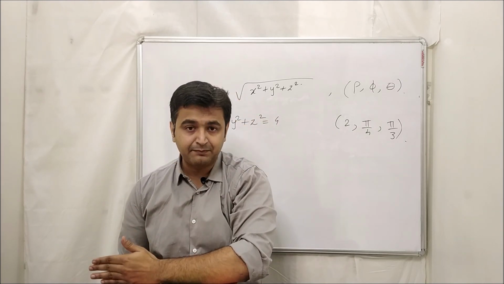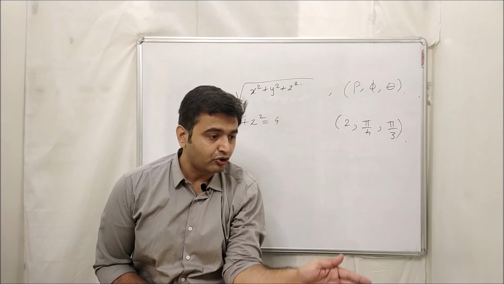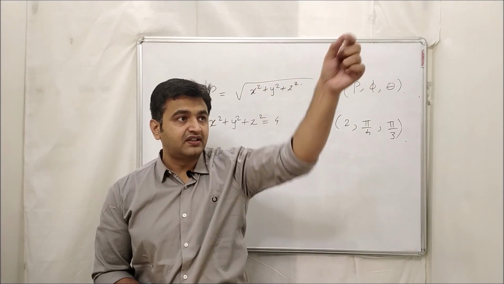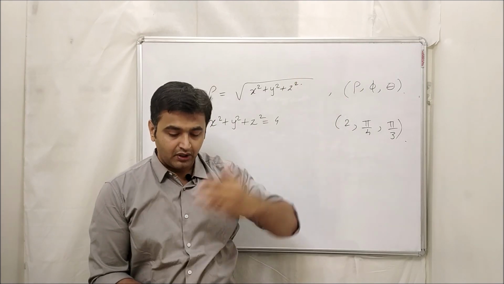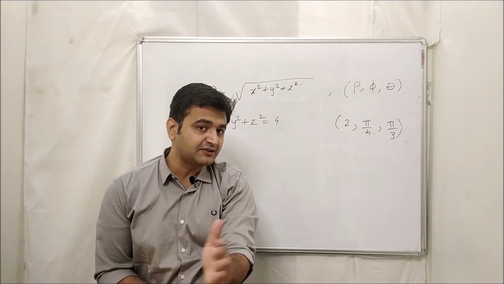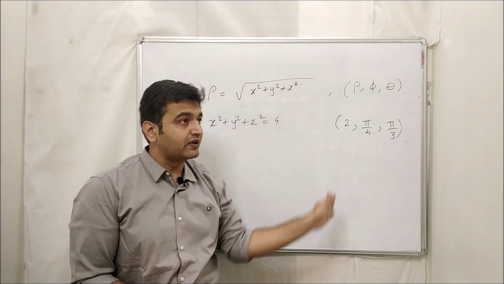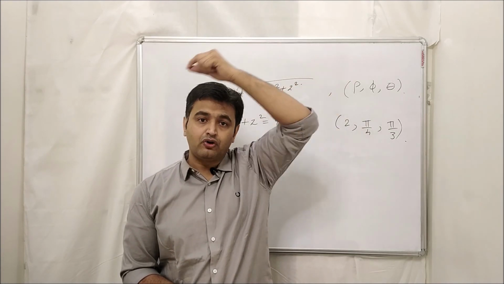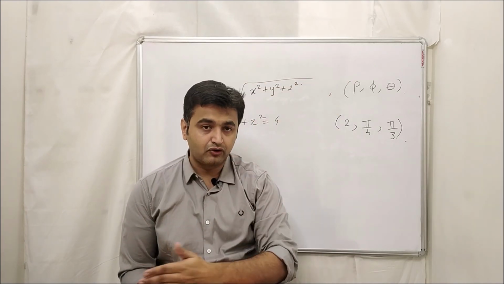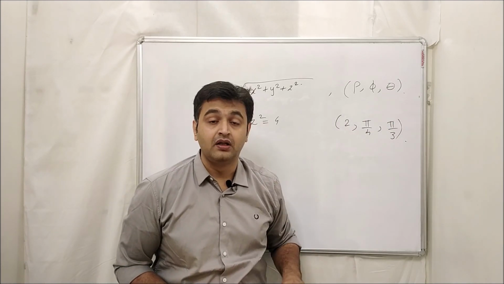Now you take pi by 3 plus pi by 2, meaning 3 pi by 4, whatever this angle is, and then you draw this plane. So you get this intersection as a circle and a plane. If you want this point of the circle, you take theta to be pi by 3 plus pi, which is 4 pi by 3, and this is the angular plane you get, and this is this point of the circle. So whichever point of the circle you want, you vary your theta from 0 to 2 pi. That's why theta is 0 to 2 pi.